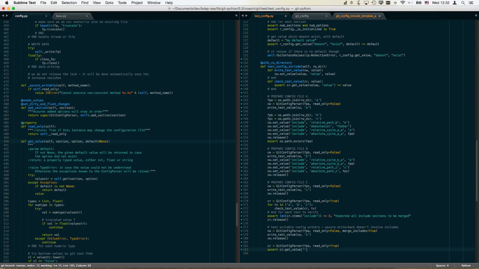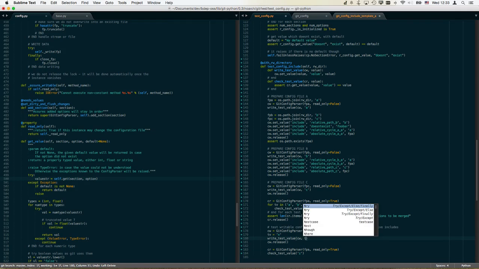Actually, that one should raise now. We could just check the value, and as it doesn't exist, it will actually re-raise the exception. Awesome. So I can just catch this, self fail unless raises. And right now I don't know what it will raise, so I will just do this. Check test value. That's not supposed to exist. And it's X. Oops. Let's do it like this. Let's check for TVs here. All right. And then, continuing,